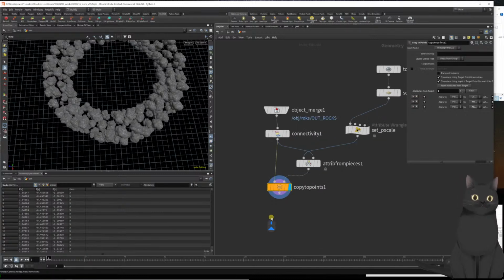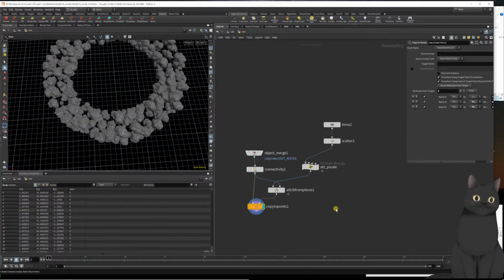Let's scatter some spheres. So here I created my sphere. Obviously, yeah, we don't need this merge even and this connectivity. So then I just drop an attribute triangle. So